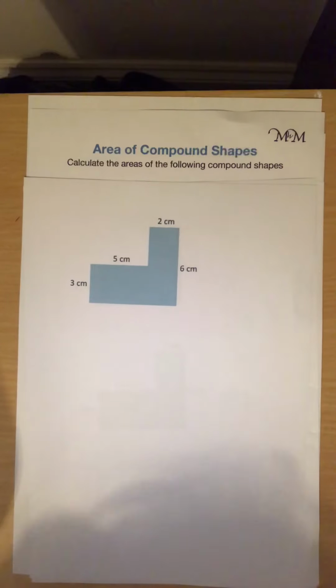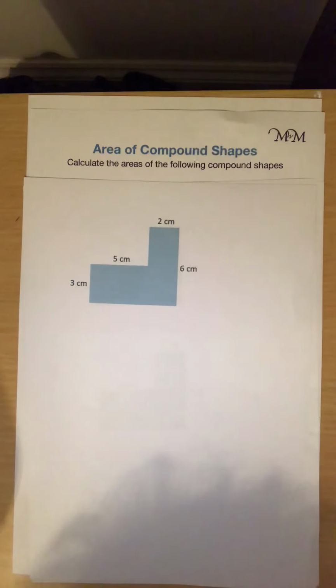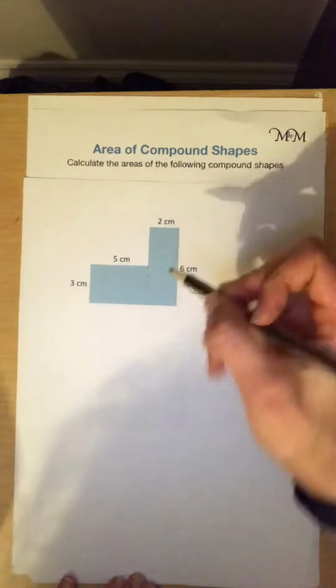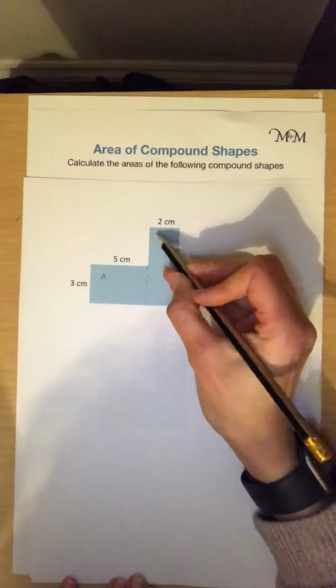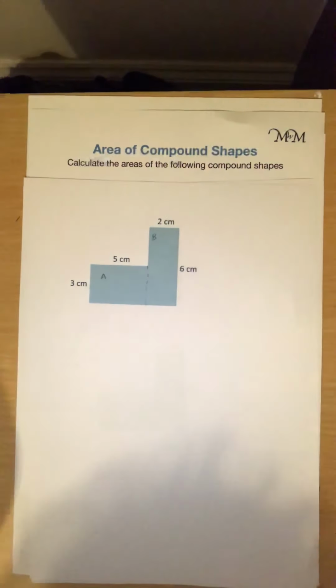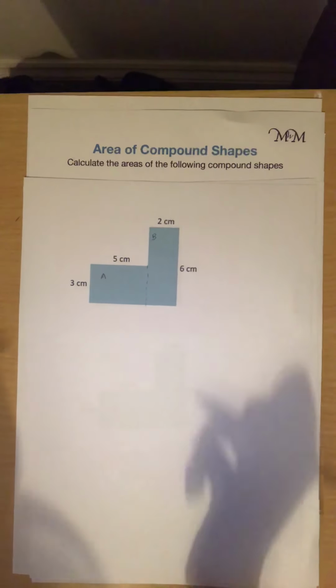So firstly, we need to split the shape into two rectangles. It sounds a lot more complicated than it actually is. So let's split it up first, and I am going to call this rectangle A, and I'm going to call this rectangle B. Now, if you remember from my previous video, the formula that we use to work out area